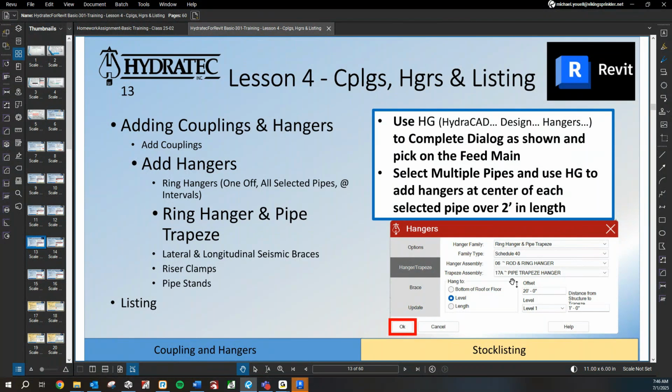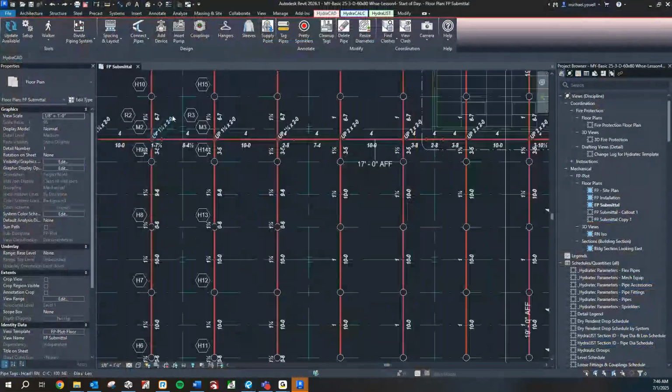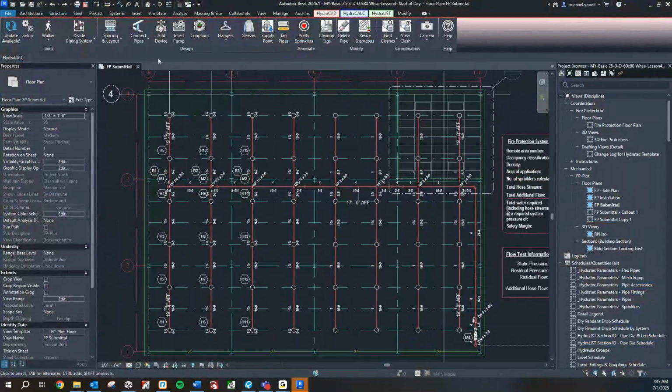And just for visibleness, I'm going to change my mind, and where it says distance from structure to trapeze, I want to make that 0'9" instead of 1'0". So let's fill that out, and we'll just put them on one at a time. So no pipes are selected. We're going to go to hangers,